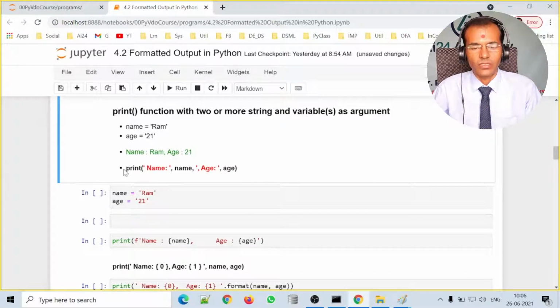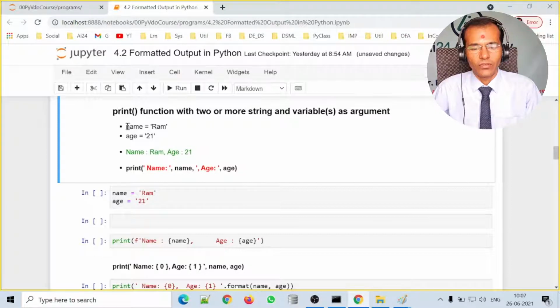First we start with the print function, then in single quotes the string name with a colon, then a comma, then the variable which we want to print, that is name. Name contains Ram, so the Ram is contained within this variable name.